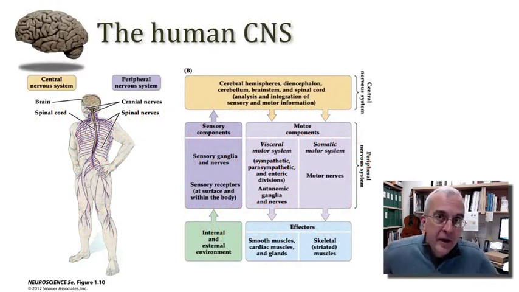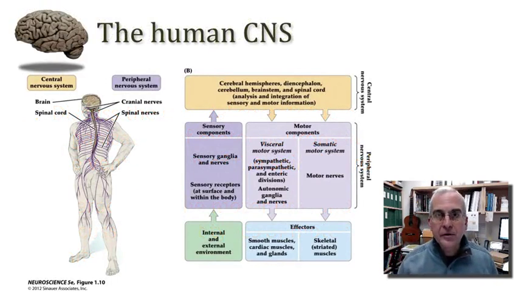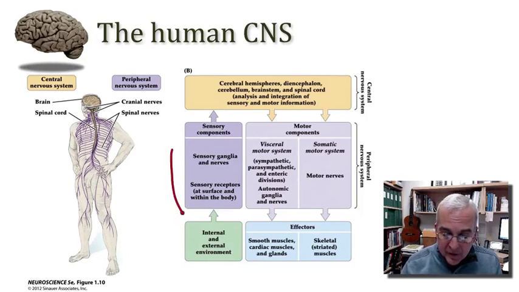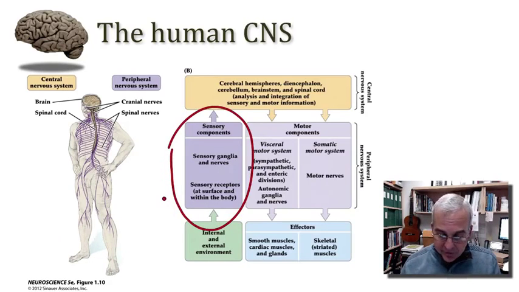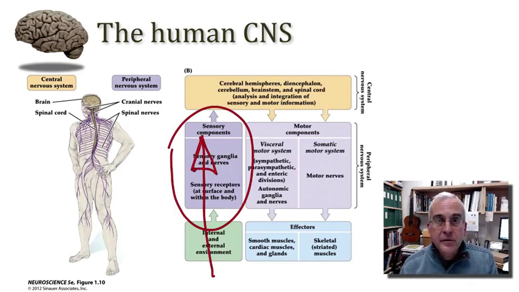Okay, so let's get into this by talking in broad terms about the organization of the human central nervous system. Now, you've seen this figure before, and I used it to introduce the concepts of central nervous system, peripheral nervous system, and the general phenomenon that is so critical for understanding human behavior, and that is sensory-motor integration. Well, now that we have completed our survey of the sensory systems that take information from the internal and external environment,